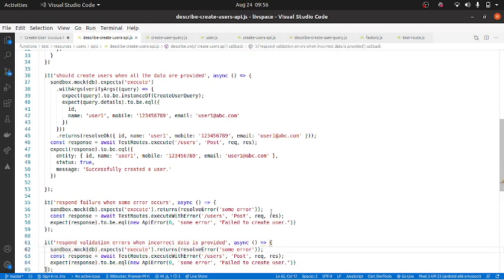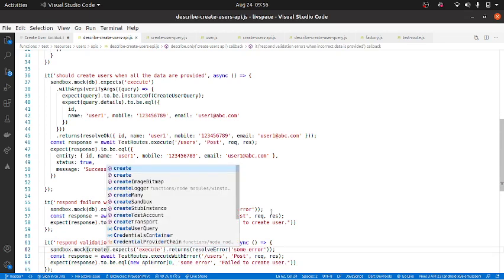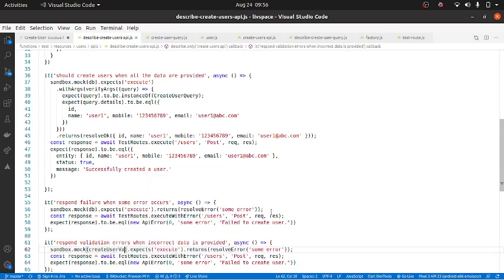Instead of db.execute, now what we will do is create user validator.expect validate, and returns resolve error. So I'll give some validation error.